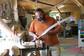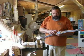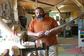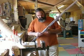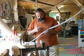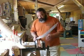A lot of times when you string it, the first time you string it, you'll hear a snap or pop or something, and that's usually the grip separating from the lower part, the shelf on the lower part of the riser. If it does it, it's actually a good thing, because it'll show you that you didn't glue it back into being a one-piece bow again. So now we're going to pull it apart